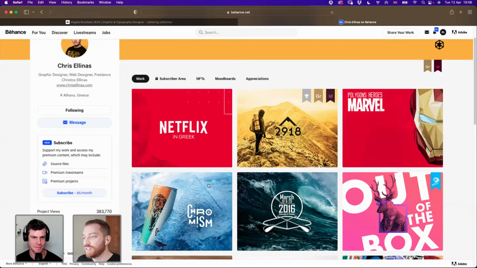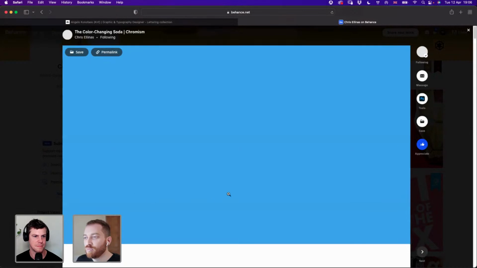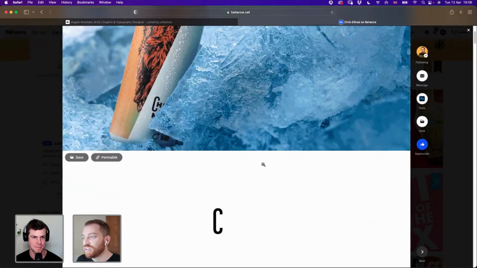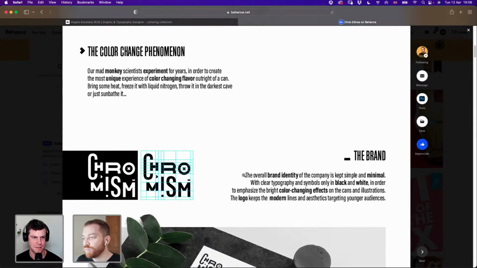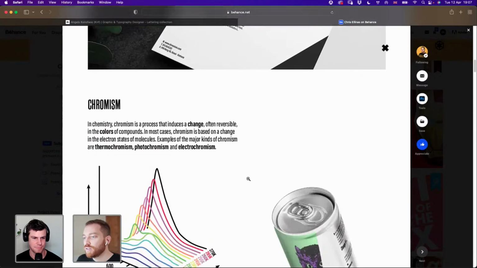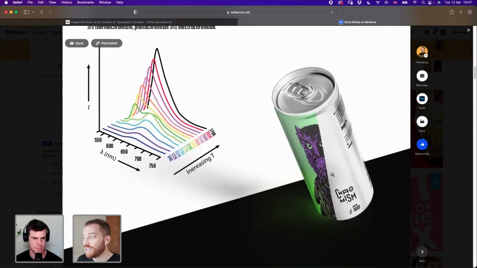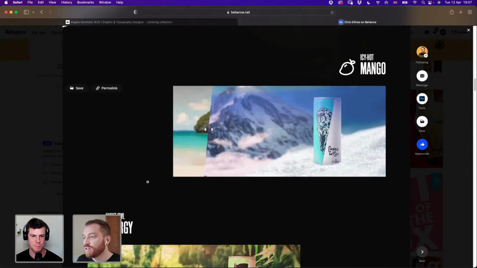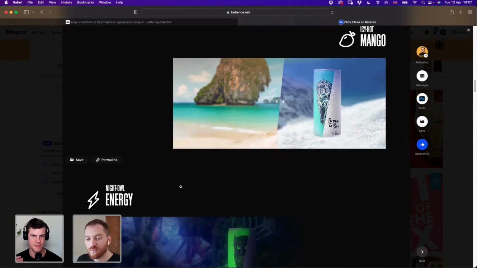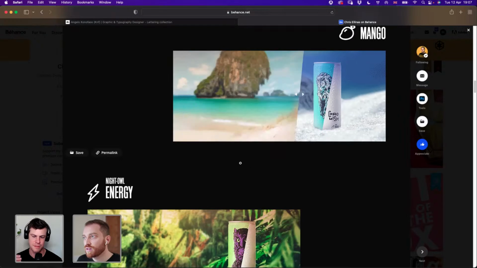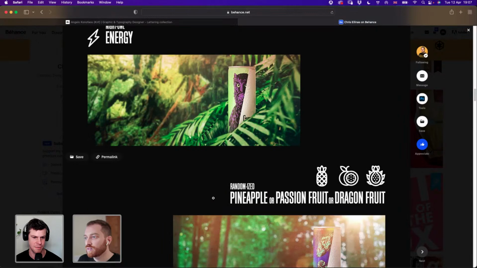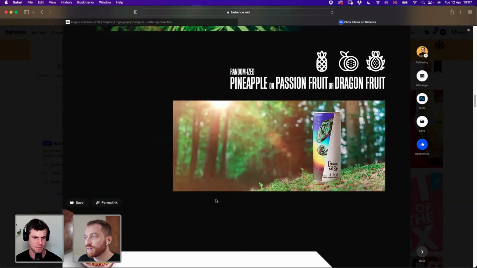Actually, I was looking earlier, and that one, I really like the animation at the beginning. Here you can see the color change. I think it's cool. I like that one. It's a nice identity. And again, with the presentation here, it's very nice how the shapes are. And in his presentations you can see that this is coming from the same designer. The projects don't feel the same, but the way he's displaying them has a similar feel.